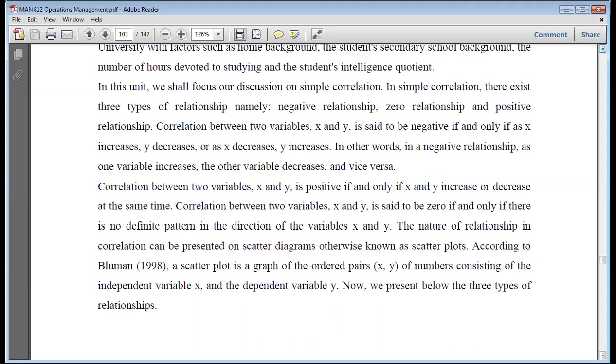But when you have positive relationship, it means that all of them are going the same way simultaneously. When one is increasing, the other one is increasing. You know, what happens simultaneously, at the same time. Then if it's negative relationship, it means that when one is increasing,